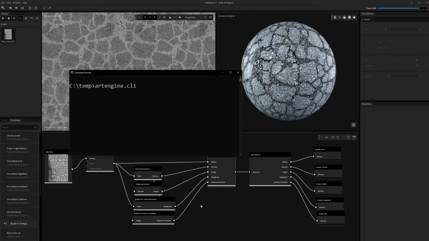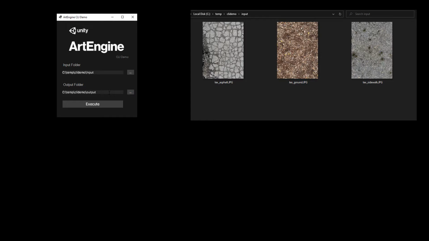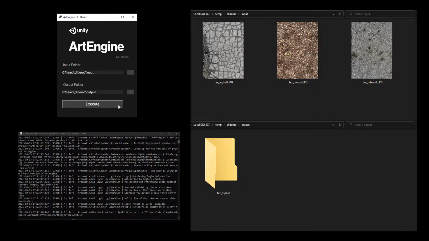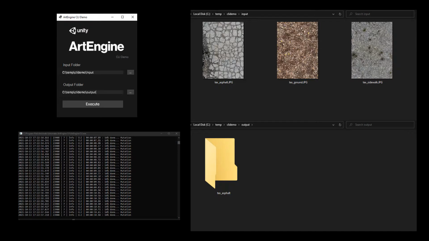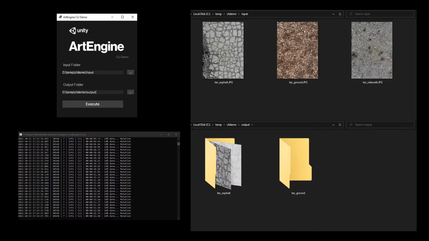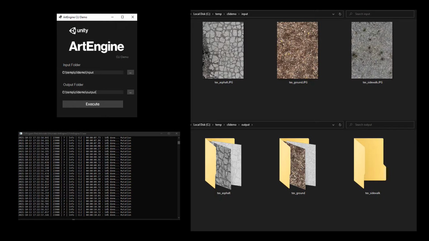it completely. As an example, I have a C# application that takes an input directory with single images and points to an output folder. Executing this application will ingest the images from the input folder and process them into tileable materials to the output, without ever opening ArtEngine. This video won't be about the creation of this app, but more how to set up ArtEngine to be used